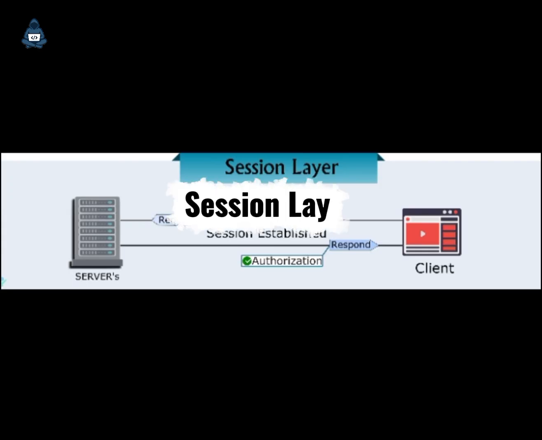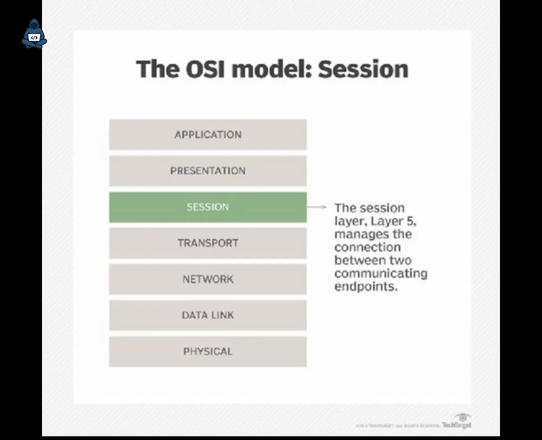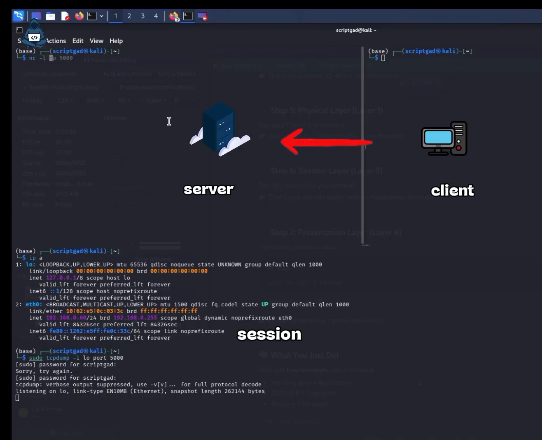The fifth layer, which is the session layer, starts, maintains, and ends the communication between applications that are connected. Let's move to the terminal. You can see I'm setting up the server node